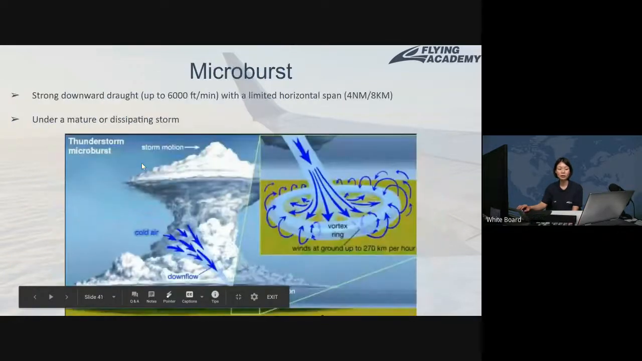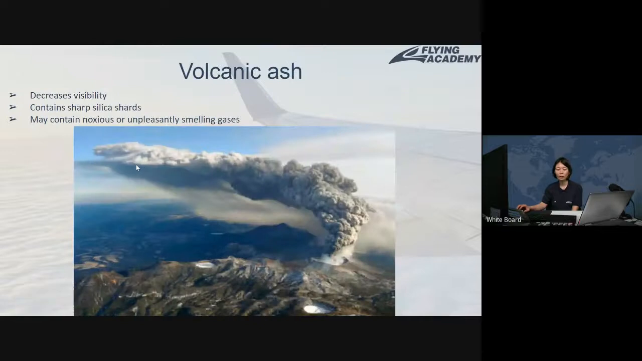We already discussed microburst. And then volcanic ash can happen. I think around 10 years back it was happening in Iceland, if I'm not mistaken. It just happened for a few months. Once volcanic ash is happening, the whole meteorological condition can be released